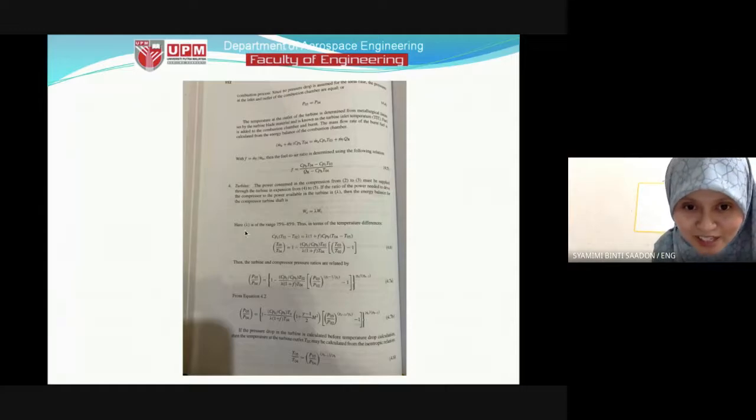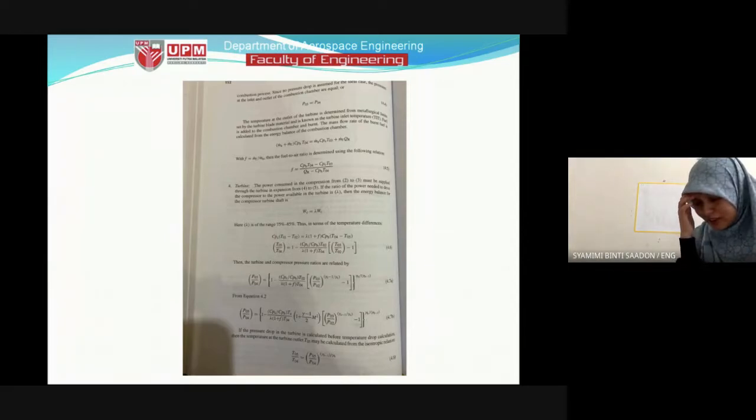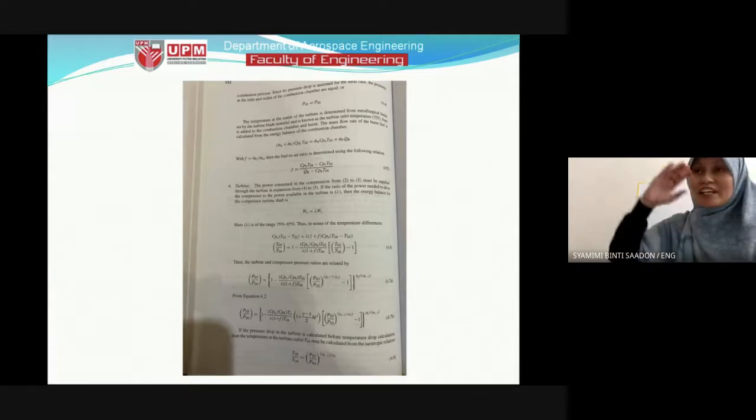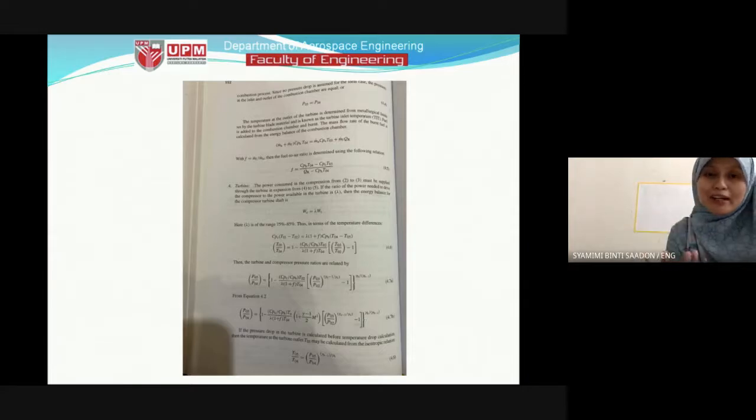Lambda is actually the ratio of the power produced by the turbine over the power consumed by the compressor. It means that if you produce 100% of the power from the turbine, we produce 100% power, but actually